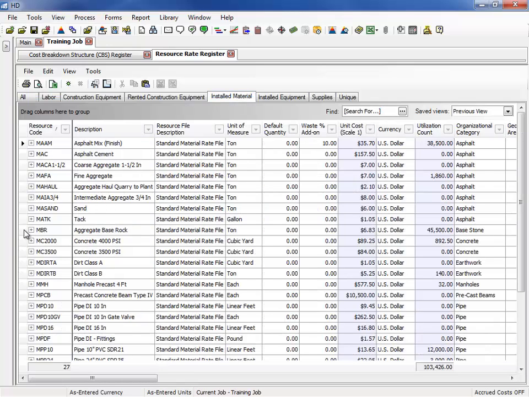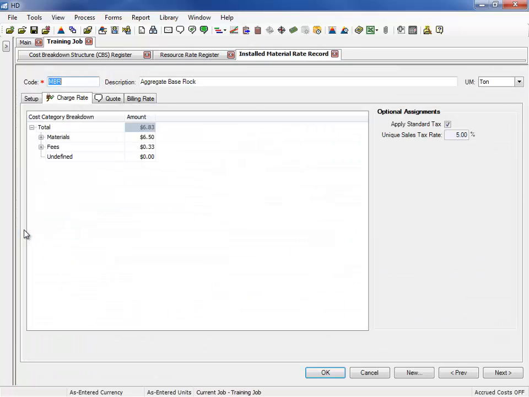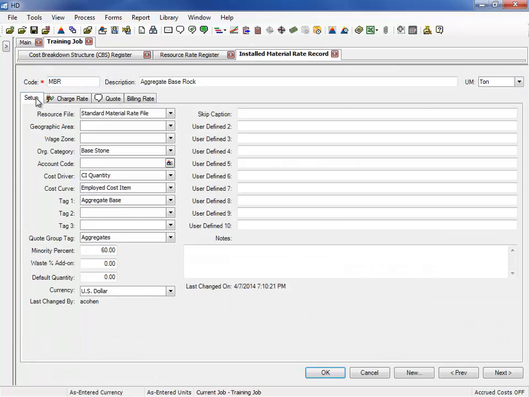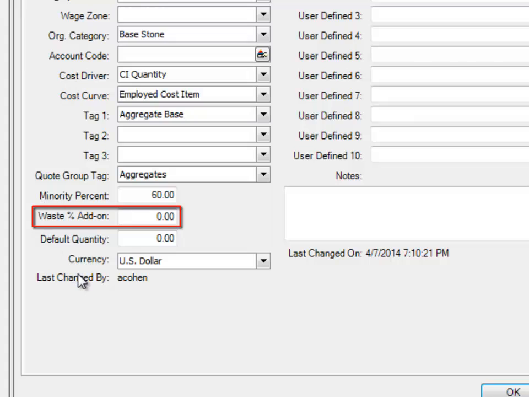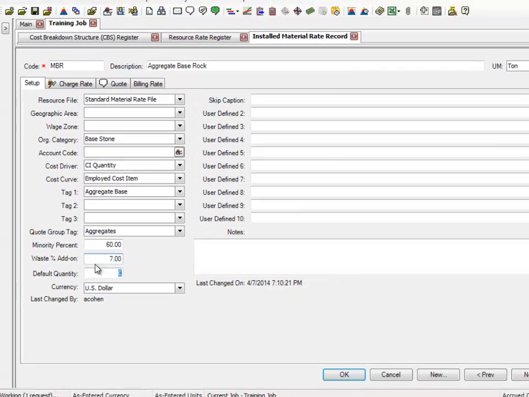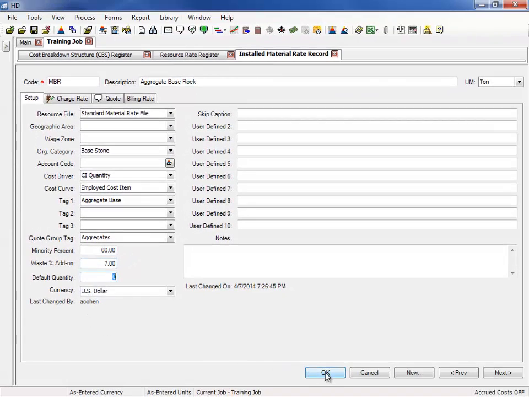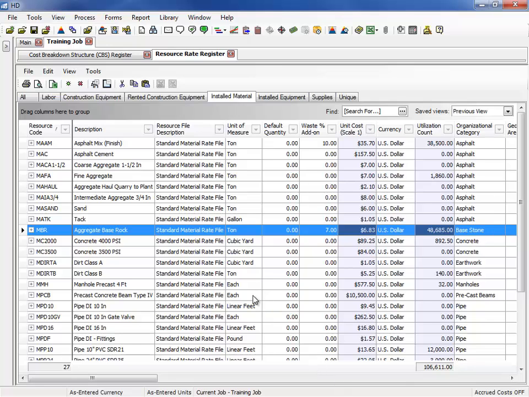Let's open up the resource for aggregate base rock. Go to the Setup tab, and we can see the waste percent add-on field. Let's change it from 0 to 7. We'll click OK, and now if I go back to the CBS,